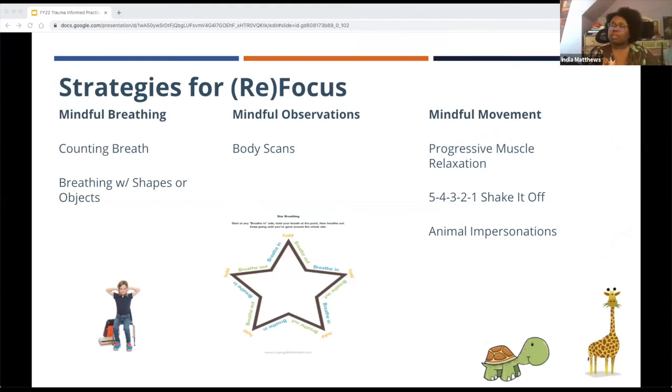Here's some other strategies for refocusing. Counting breaths. When you breathe in, you count. Breathing with a shape, as you can see the star here. You breathe in, you hold, breathe out. You can also do this with a square, which might be easier for some students. Mindful observations like body scanning, where you scan your body one point at a time. Mindful movement is progressive